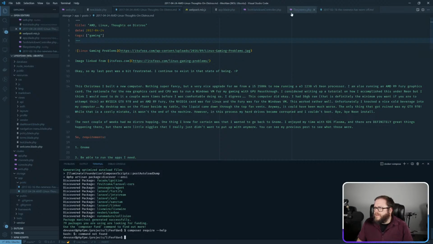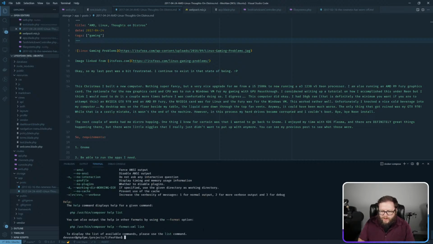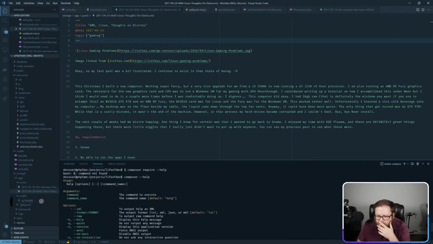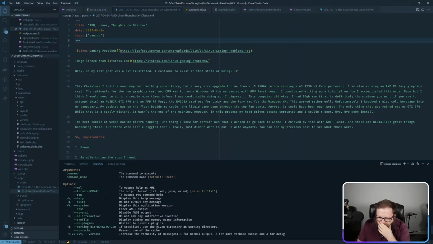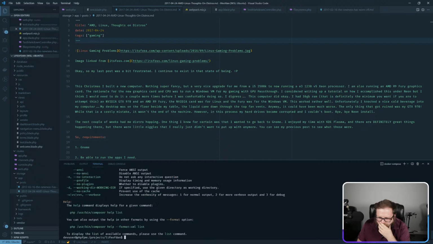Nah, honestly, I wasn't gonna care if I added that extra thing, but it looks like my composer doesn't have require. I must be using an old version of composer. Copy paste equals boom. Yeah. I don't mind installing this library. I'd be okay with that, but